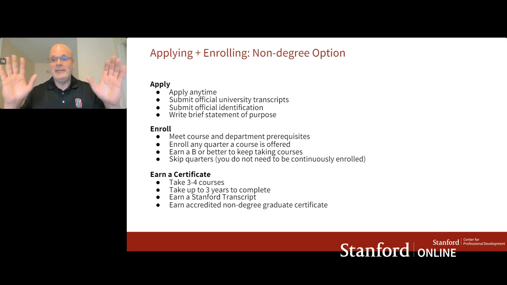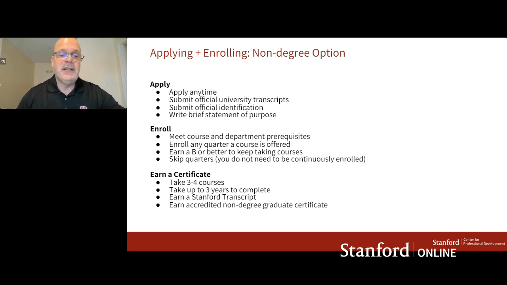The last thing we want to do is have you admitted to a course for credit, and then you suddenly realize, oh gosh, I didn't realize I needed linear algebra, or whatever the academic requirement is. So you will need to submit official university transcripts. You can do that directly through our portal. You don't need to mail them in. You don't need to email them in. You can upload them as part of your application, which is great.